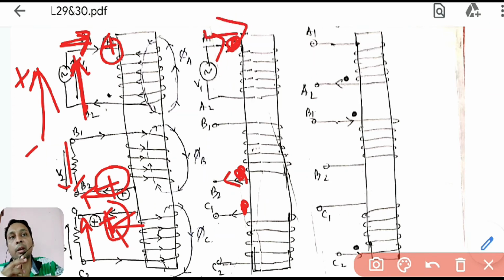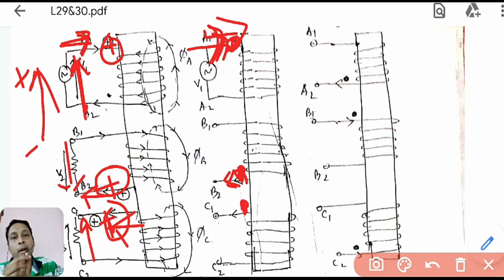Here is the coil. How will you know whether it is entering or leaving? Because you see, this dot is given before the coil and current is going through. So current is passing through the dot, it crosses the dot, then it goes into the coil. Here the current passes the coil, and while leaving it crosses the dot. Here also you can see, first the current leaves the coil, then it comes out through the dot.